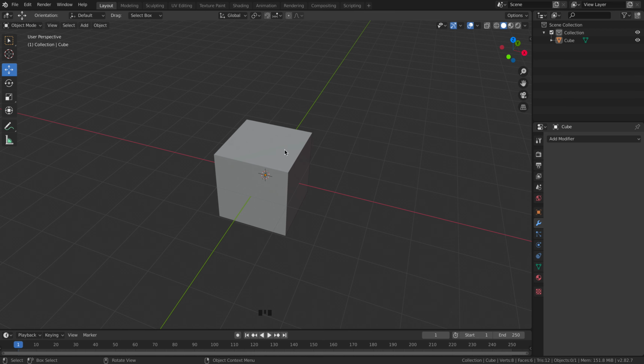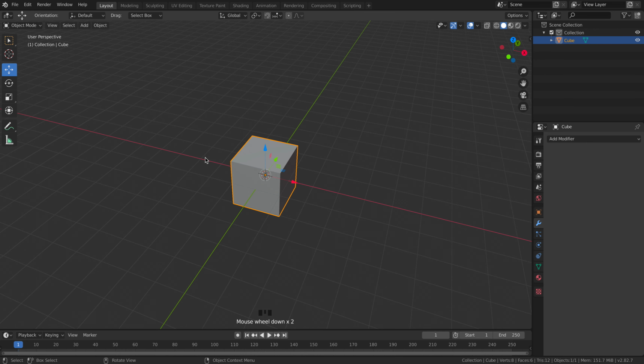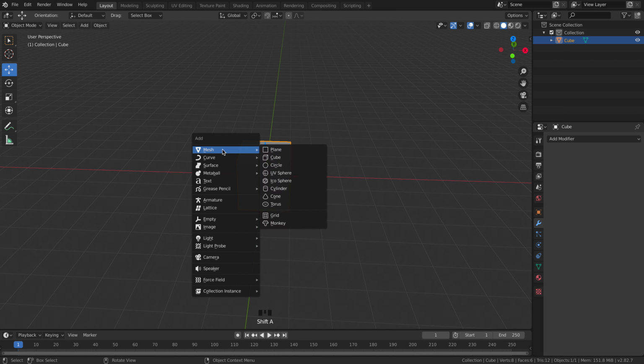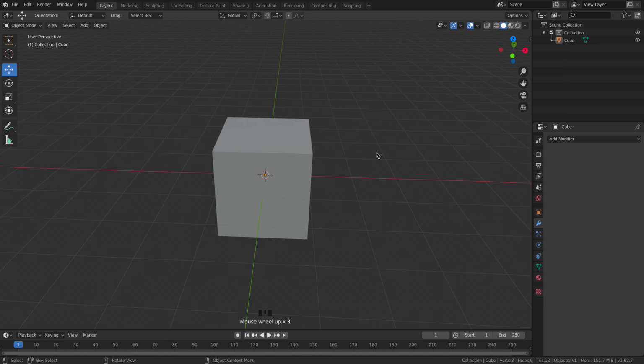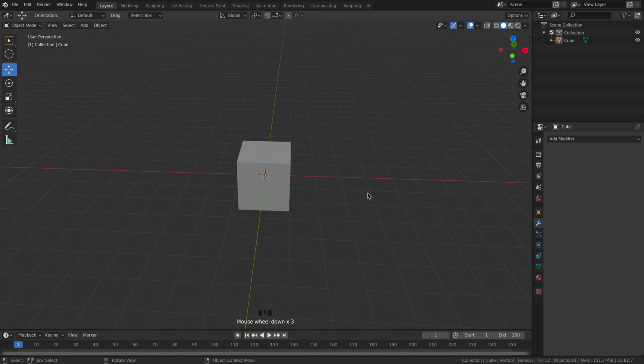Show you how to turn a cube into a simple sphere. Now you might be thinking, wait a second, I saw a sphere in the meshes on the add screen. Why are you showing me how to make a sphere? Well, sometimes the spheres that auto-propagate out of Blender will give strange angles in their shapes when you actually go to 3D print them. So what you want to do instead, if you need to make a sphere, is